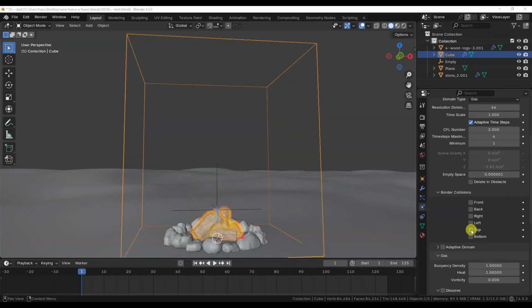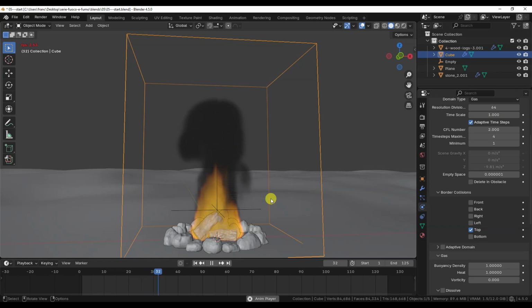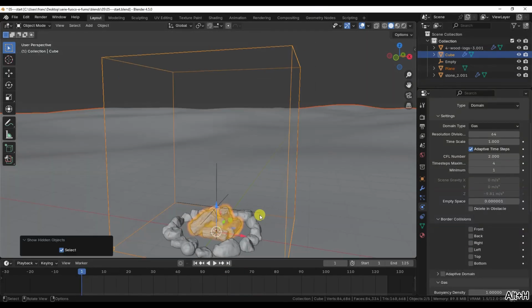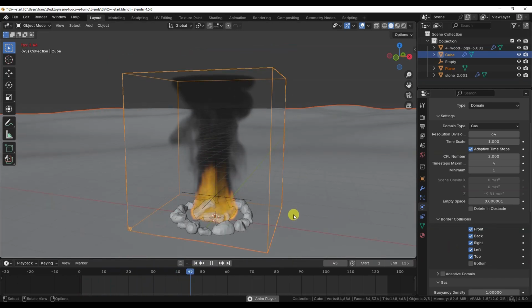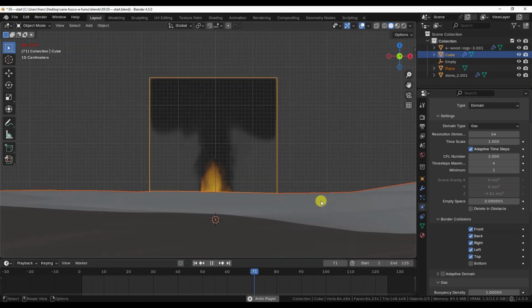The border collisions parameters, when enabled, cause the sides of the bounding box to be treated as obstacles, deflecting flames and smoke, rather than as outflows, which is the default when they're disabled, meaning fire and smoke simply vanish instantly at the borders. By enabling border collision for the ceiling of the domain, the smoke will build up there, and as it spreads sideways, it will disappear when it reaches the edges, since border collision is disabled on the sides. Enabling border collision on the other sides as well makes the domain behave like a closed box, where fire and smoke continue to accumulate rather than dissipating on contact with the walls.